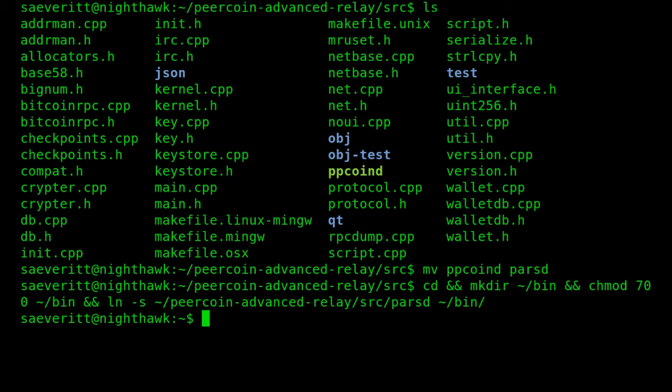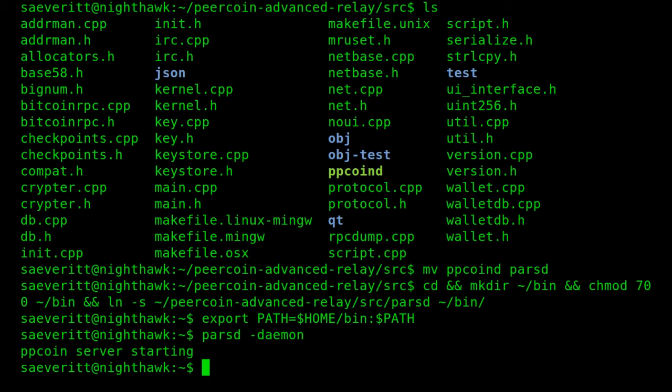Okay, now that we've done that, let's go ahead and export that to our path. So export PATH equals home/bin and then PATH. Okay, so now we should be able to run PARSD. So PARSD daemon. Let's get the server starting. Okay, so you can see the server starting. Now let's go ahead and check